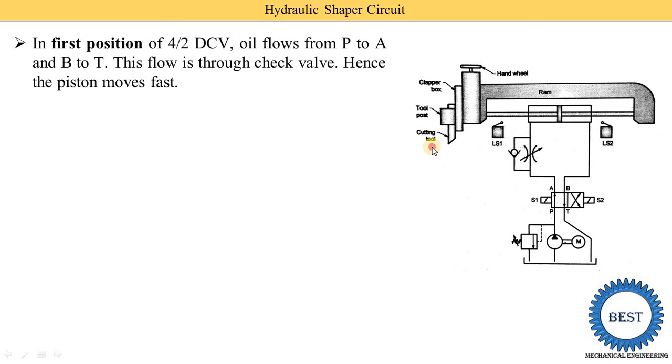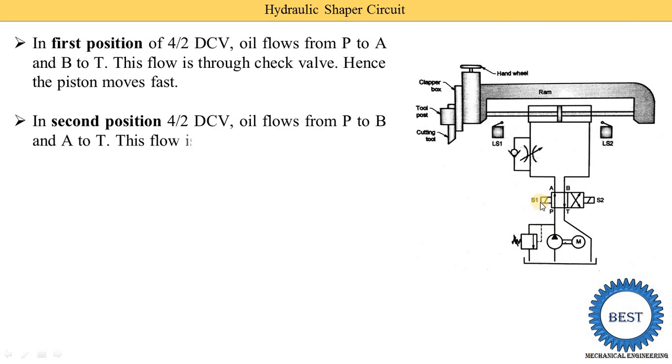When we control the flow rate, the speed is reduced. At the same time, some oil present on the right side of the piston is supplied to the B port, and from the B port it is supplied to the T port. When the extension stroke is completed, what happens? They press the limit switch, and the limit switch supplies electric current to the solenoid, and the solenoid changes the position,